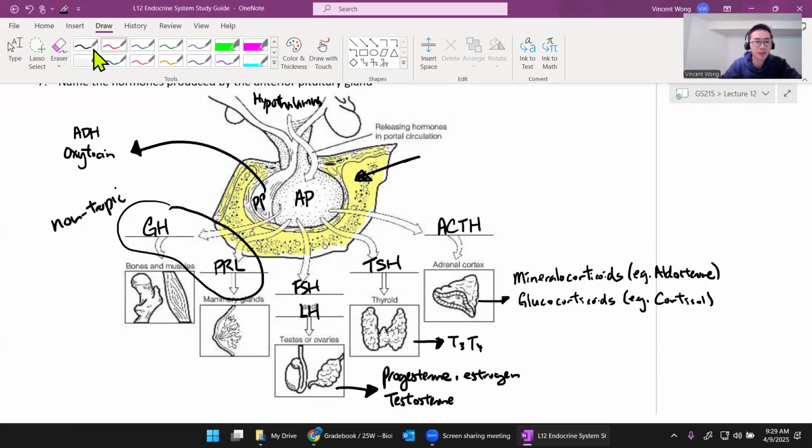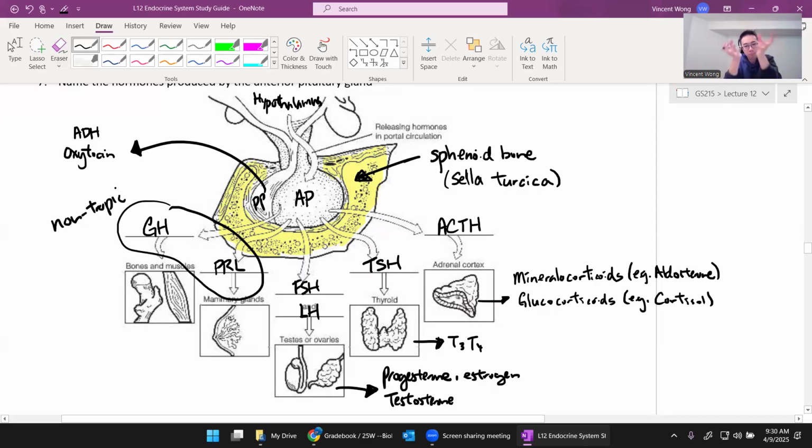In all caps, sphenoid bone. Excellent. Sphenoid bone. Okay, and this groove here is the horse saddle. That's what it means. Okay, sella turcica. Sella turcica. The groove, okay, houses the